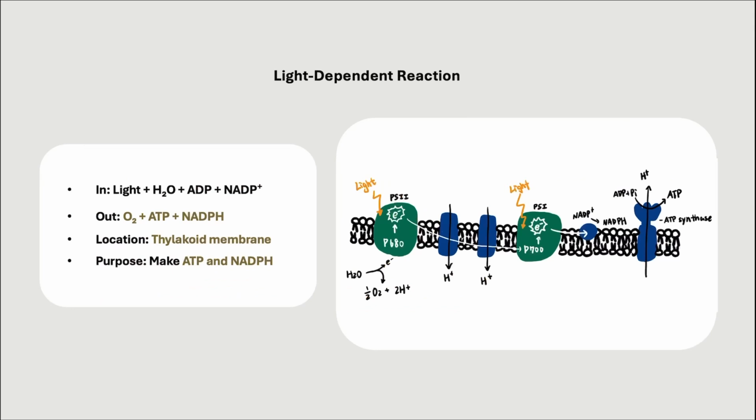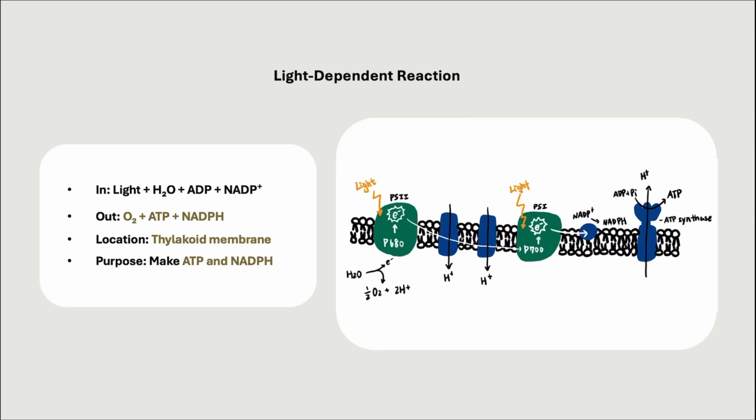The electrons travel through the electron transport chain between PS2 and PS1. As they move, energy is used to pump H+ ions from the stroma into the thylakoid space. This builds a proton gradient. In PS1, the electrons are re-energized by another photon of light. The newly energized electrons are picked up by NADP+,